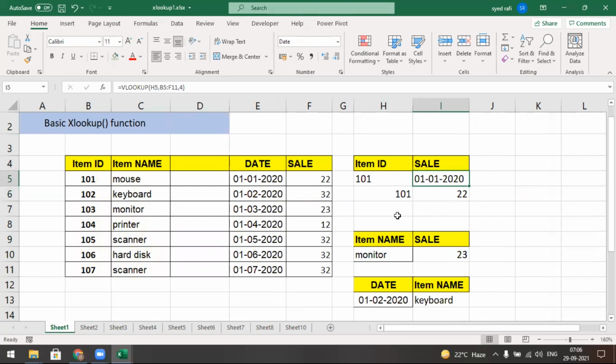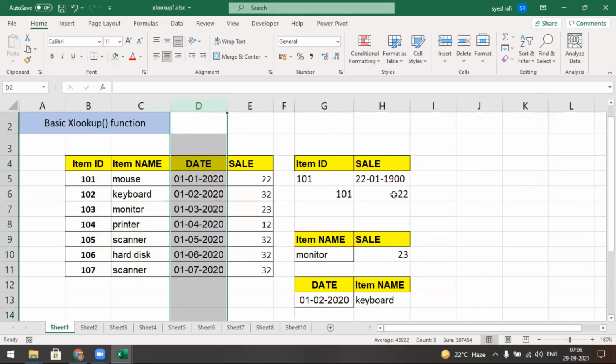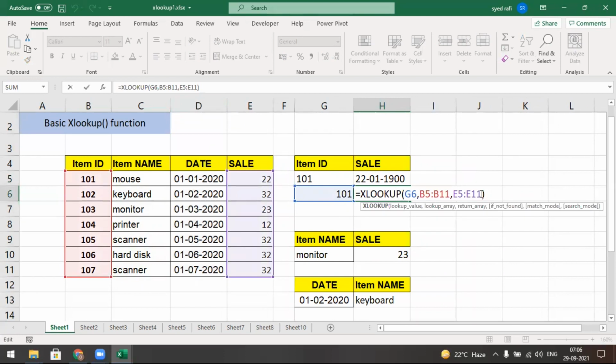So that is the major drawback in VLOOKUP, but in XLOOKUP it will be overcome. I hope you can understand. This is the XLOOKUP. The other arguments which are here, we will discuss now. These three are very important, that's why they can't put any square bracket. After this one, they can put square brackets, meaning you may ignore. So this is the XLOOKUP.